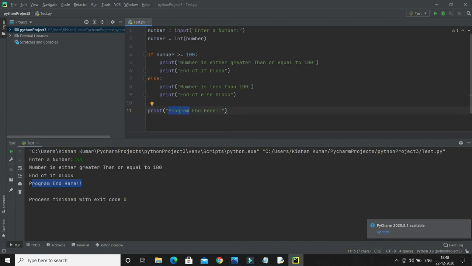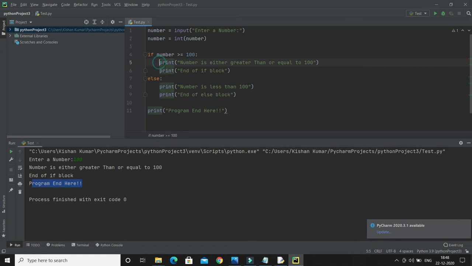Here you should understand when we have to use the same number of spaces. We have to use the same number of spaces in the same block of code, otherwise Python will give you an error. Let's say before this print statement there are 4 spaces, and that's the default in Python when you use an IDE like PyCharm.